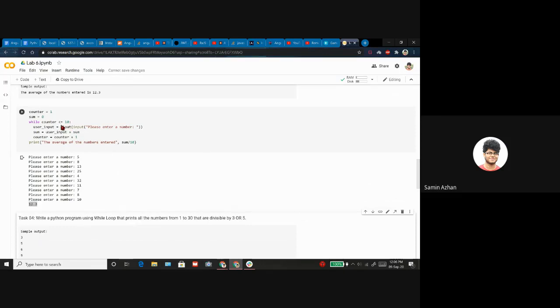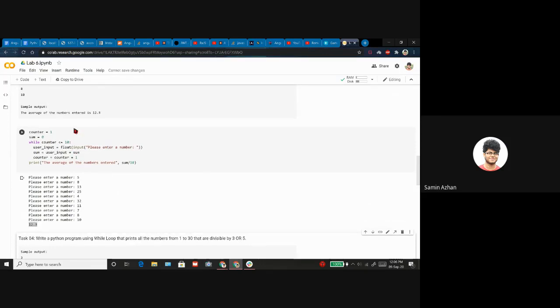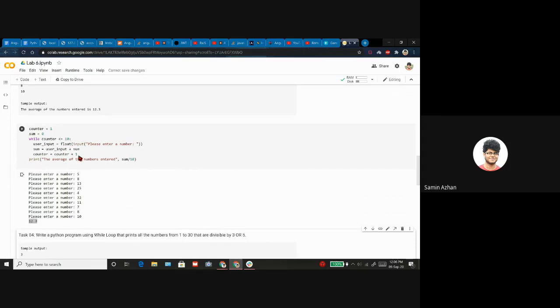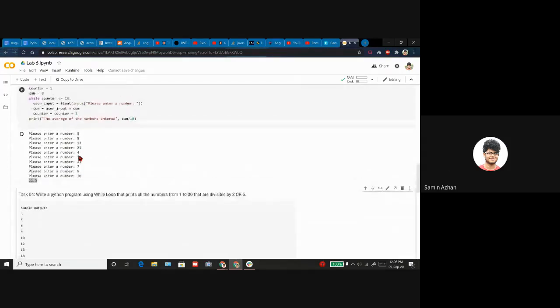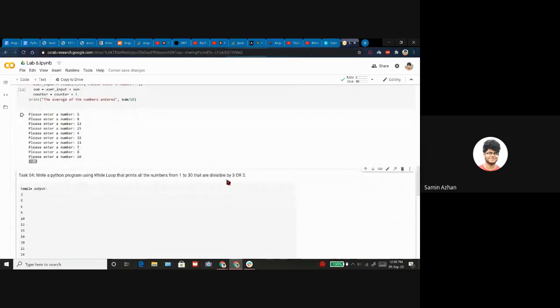Or you can check if it's less than 31. You want to stay consistent for while loop and for loop while determining the range from 1 to 31. If it's less than 31 or if it's less or equal to 30, both conditions will be valid. Then we have to use an if within the while loop to check if it's divisible by 3 or if it's divisible by 5. You can use multiple ifs to check both conditions, or you can use a single if and use multiple conditions